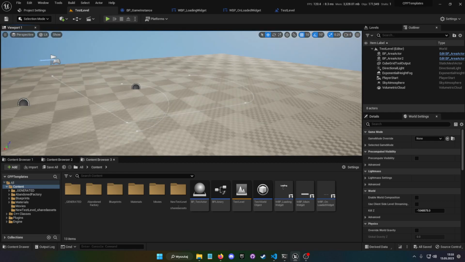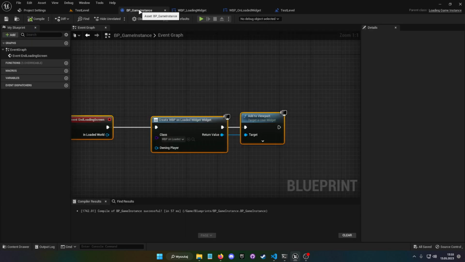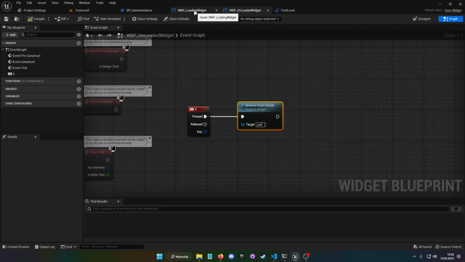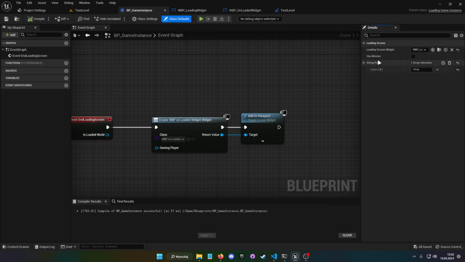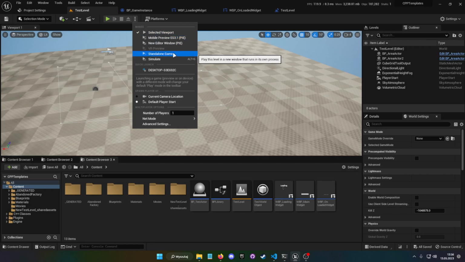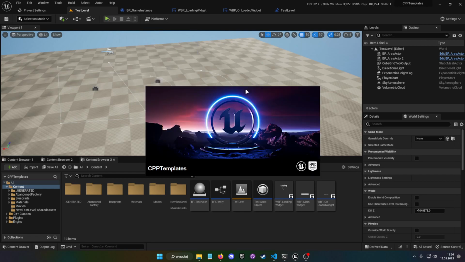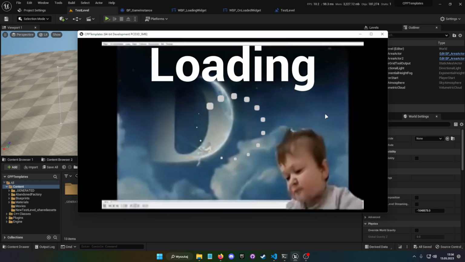Okay, and I guess I'm gonna show you how it looks with movies, because I have a movie that I added. In class defaults, we can just click use movies. I added my movie. You don't need to specify the extension. And now when we play, the movie also plays.